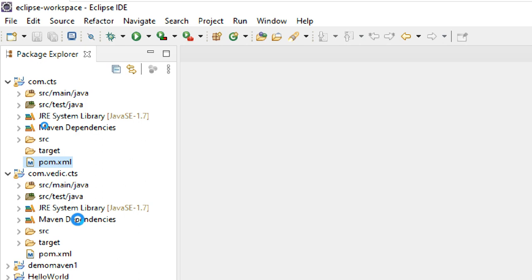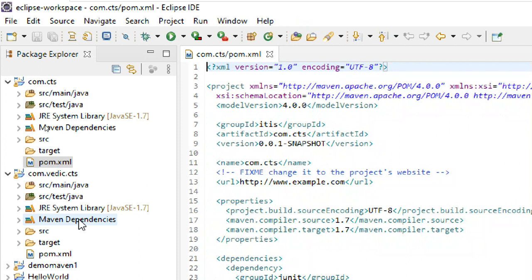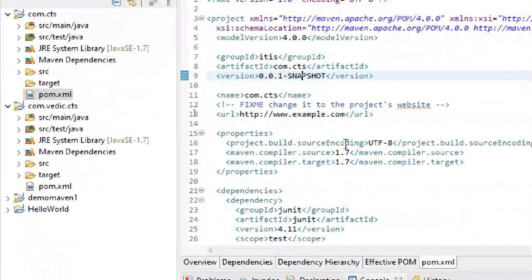This is a pom.xml. It is a project object model. pom.xml will tell you how to run this one, how to test it, how to build a thing. So if you see here, you can see group id, artifact id, and after building, what version it should be added to it.